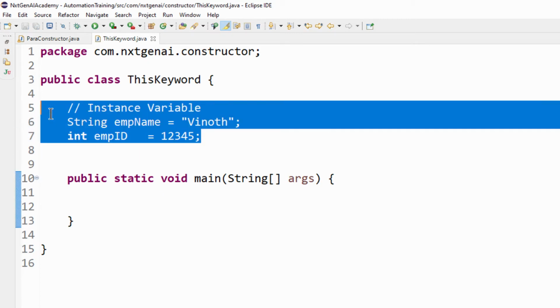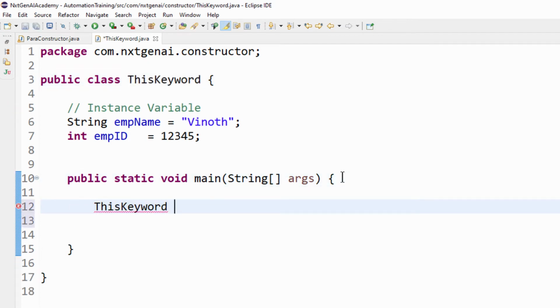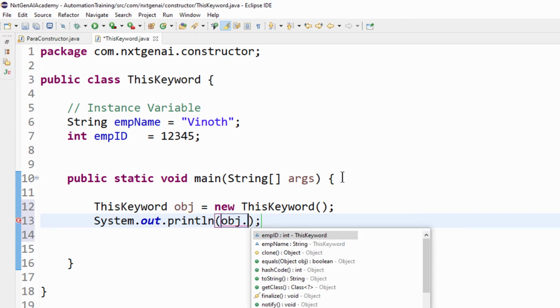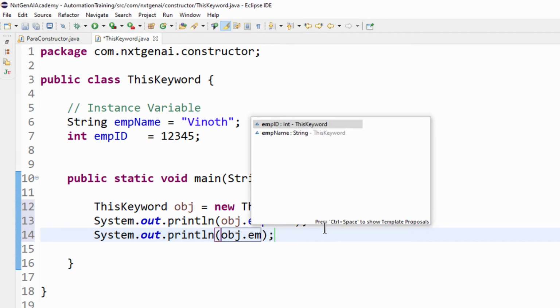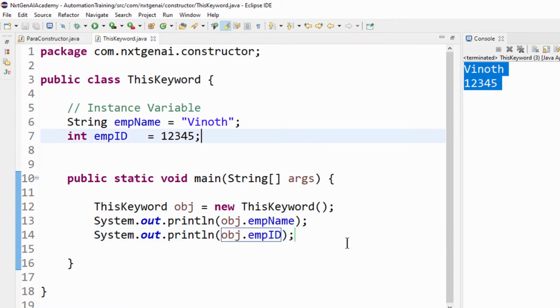In order to access this instance variable, we have to create the object instance. So class name, object equal to new class name constructor. Then to display the values, obj dot employment name, then obj dot employment ID. When we execute, we will get this output.